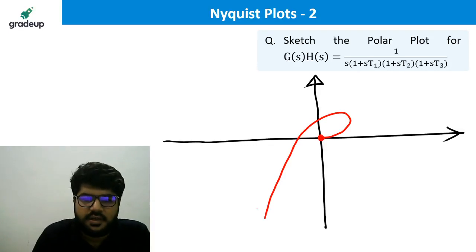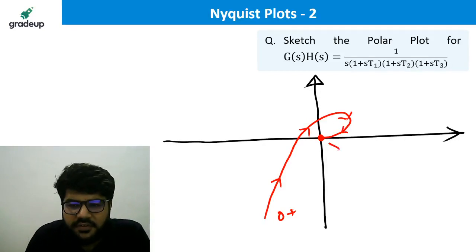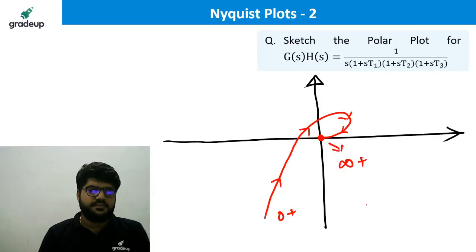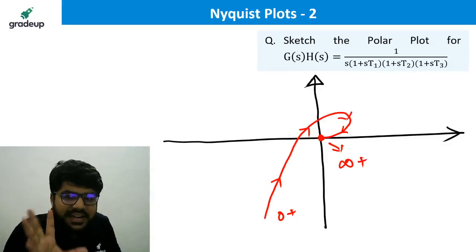It closes here. Okay, this is 0 plus in the same direction. Infinity plus now closes along the positive y-axis. Okay. This is done. Completed. That means if you solve it in detail,